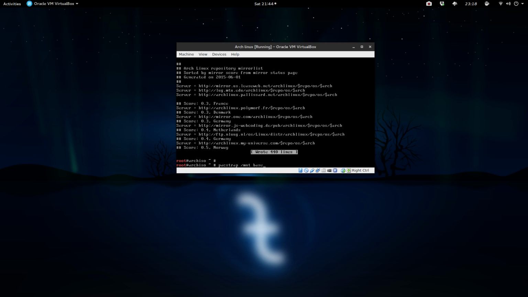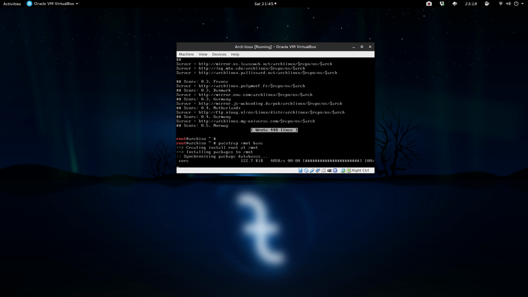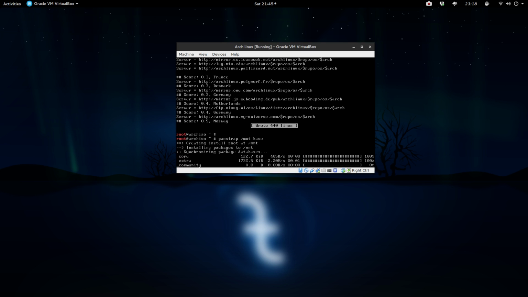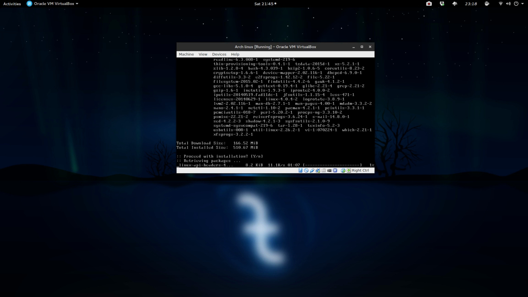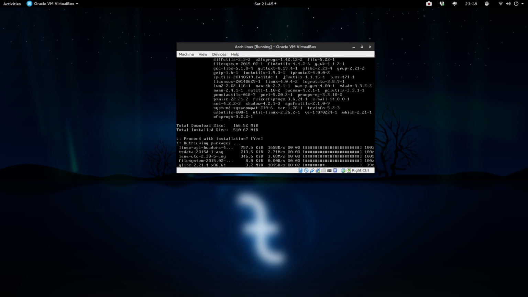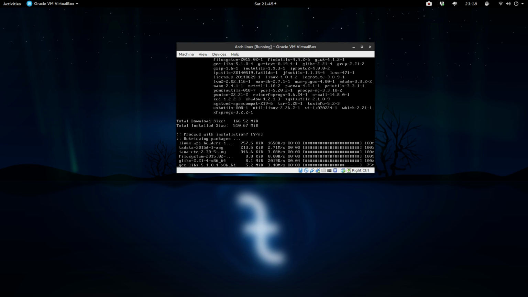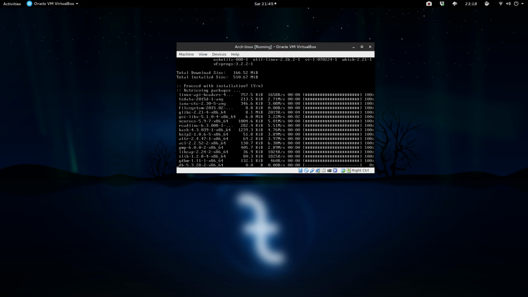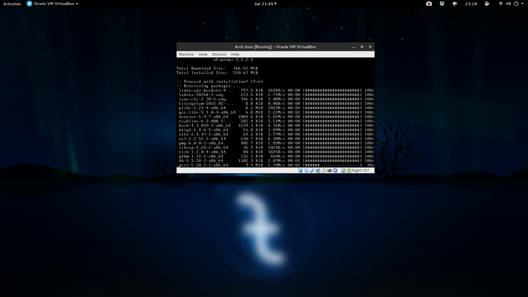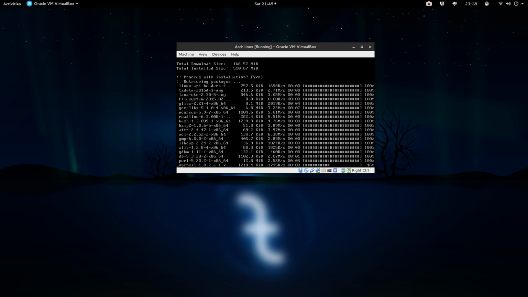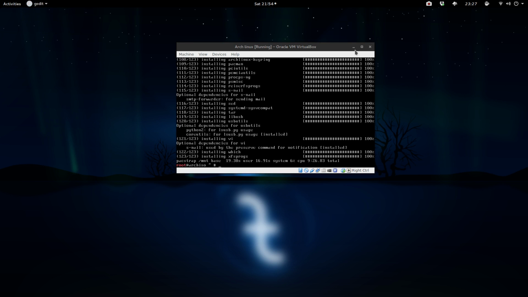But if you want to install it here, then you just do base-devel, and that will get all the development parts. We're just going to do base for right now. You're just going to click enter, and again this will bring up all of the initial packages that you need, and also sync up the repos that a base Arch installation needs. Once that's done, I will come back to you.